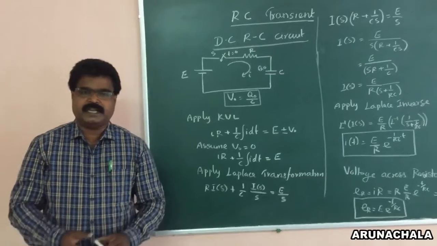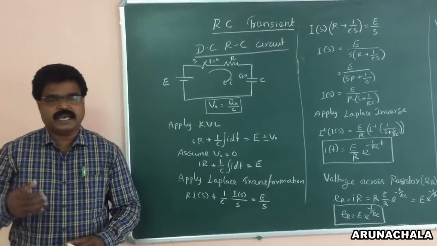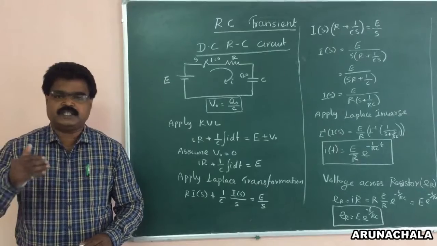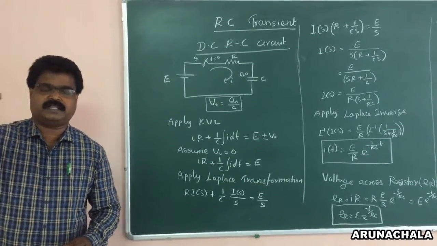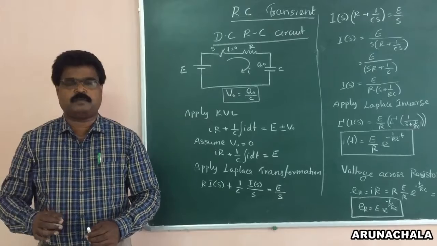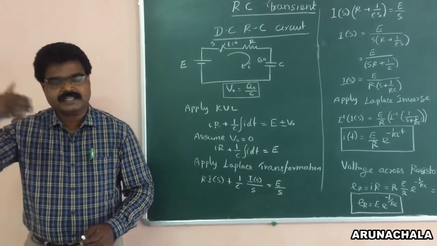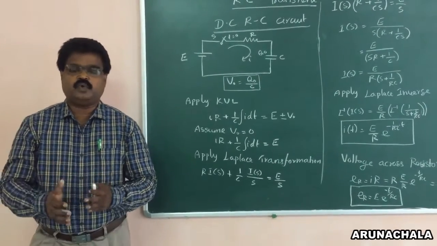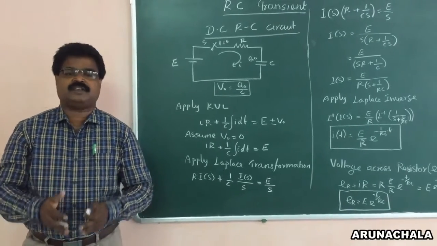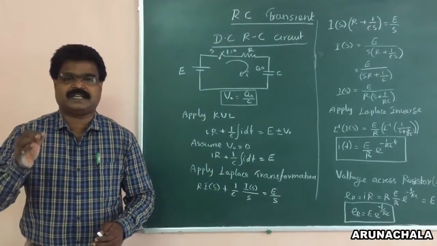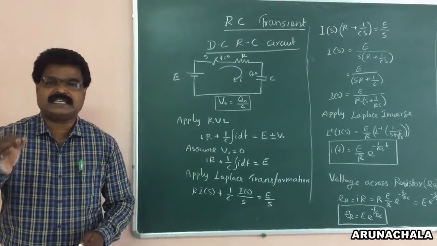When the circuit contains energy storing devices, if you change the excitation, the voltage and current change from one steady state to another steady state. The behavior of voltage and current changing from one steady state to another steady state is called the transient state. The time during the transient state is called transient time. The current during the transient time is called transient current.